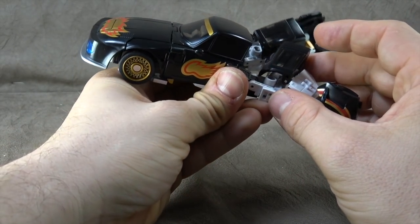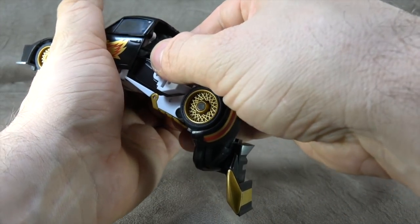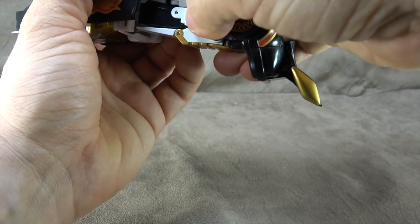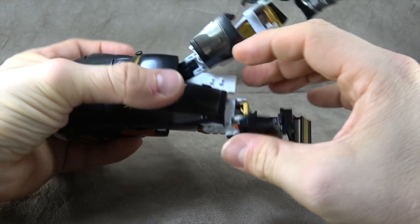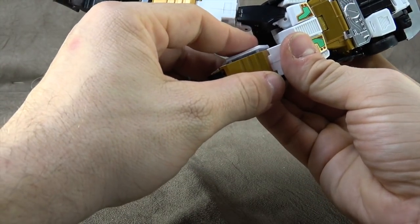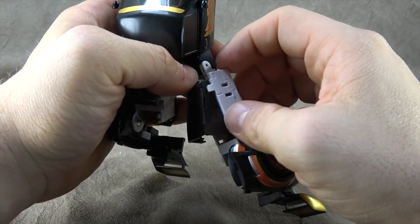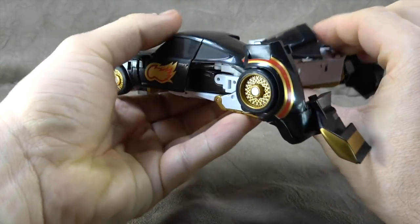And then you spin this around so that it all lines up, and then you can flip this piece back down and it'll tab in there and there. So let's show that again. You want to untab this piece. You want to untab